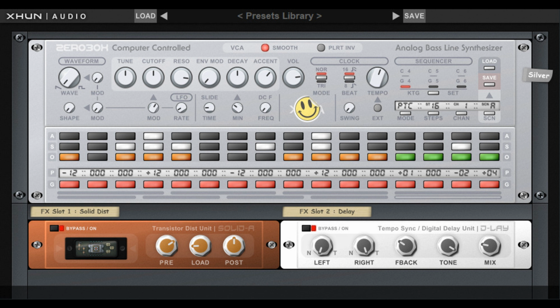A multi-mode, PTC/KTG, embedded digitally controlled clock generator and sequencer, featuring the same internal pulse timing and behavior of the original one, with mode selector, normal/triplet, beat pulse divider selector, tempo/external controls, swing amount control, step gate control, step pitch control, step octave selector, step slide control, step accent control, steps number from 1 up to 16 selector, a multi-scene loader engine with 8 scenes per preset,